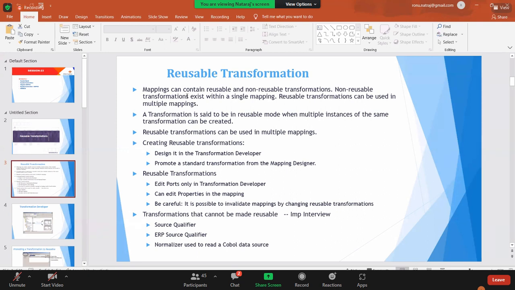A transformation is said to be in reusable mode when multiple instances of the same transformation can be created. When we create the transformation reusable, if you want to use the same transformation again and again, that is called a